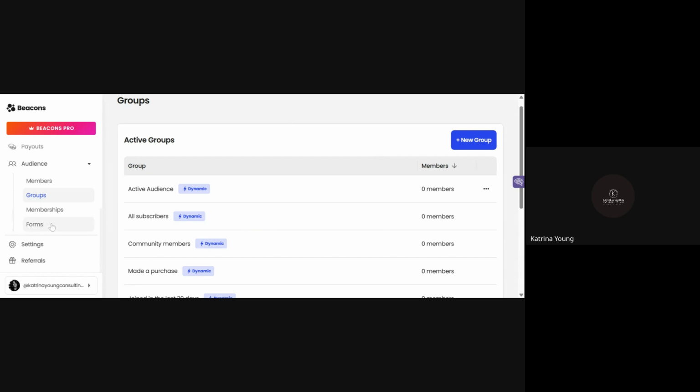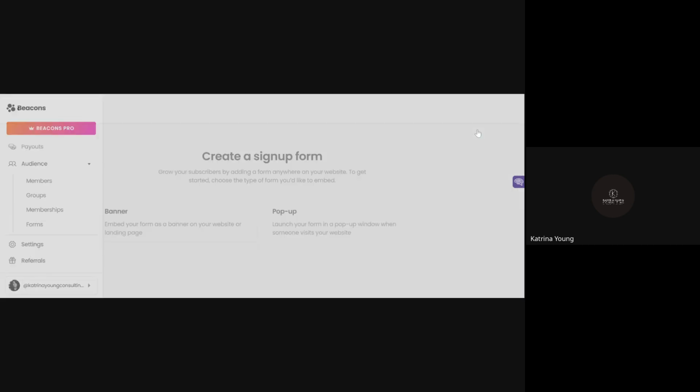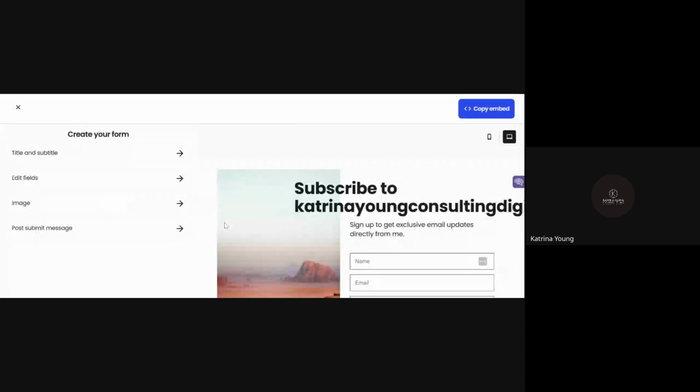So think about it. Forms. You can have forms to embed on your website. I mean, this is free. This is ridiculous. What's going on? And these are like sign up forms for subscribers to sign up and get involved. Again, if you're just starting out, could you imagine? And then just embed this. I would do this on